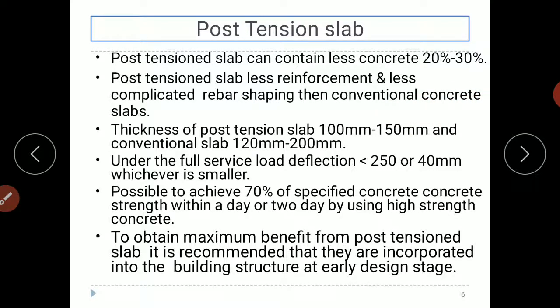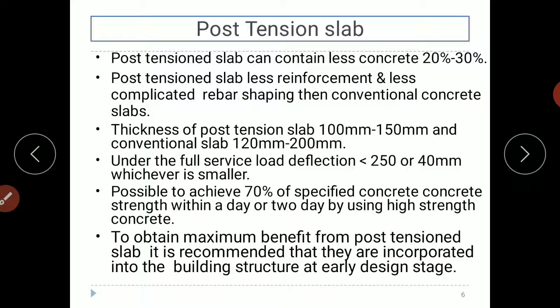Also, in a conventional slab we shape our bars, like we bend them at 45 degrees or 60 degrees, and then we place them at a particular distance of L by 5 or L by 6 from the end. Okay, so here there is not such a type of complexity. We will shape our bars, but in a simpler way, not with the 45 degrees and likewise. And here we'll get more time to go for a quality construction.